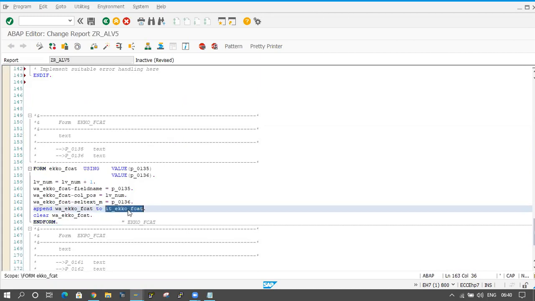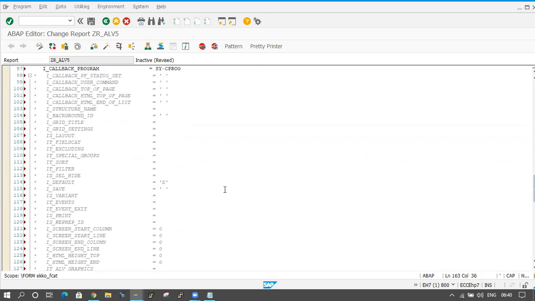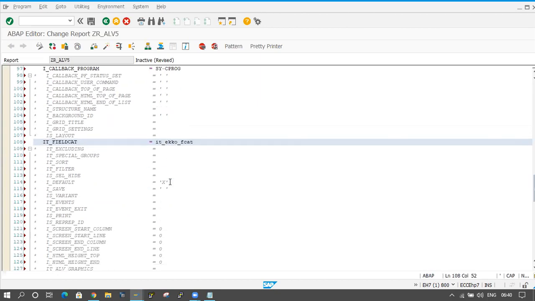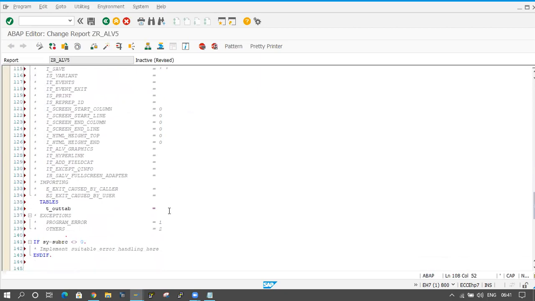IT_EKKO_FCAT. I will copy this one and paste it here. The field catalog is there, so I am pasting here, and our internal table name is IT_EKKO.